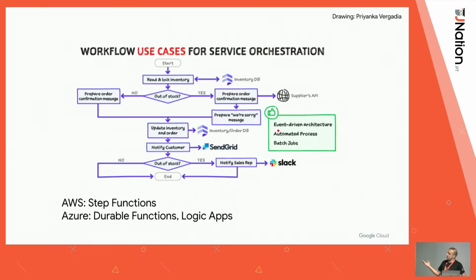And when you look at orchestration, as I mentioned, Workflows is what Google has for orchestration. So imagine you have this flowchart where you have an ordering system. You can take this flowchart and convert it into a workflow definition, and Workflows will make these calls in the order that you define. On AWS, there's Step Functions for this, and on Azure, there's Durable Functions for orchestrating functions, but there's also Logic Apps to orchestrate functions and also external services and many other things. So again, the point here is that if you want to do orchestration, there are services in each cloud to do that, so you don't have to do this yourself.